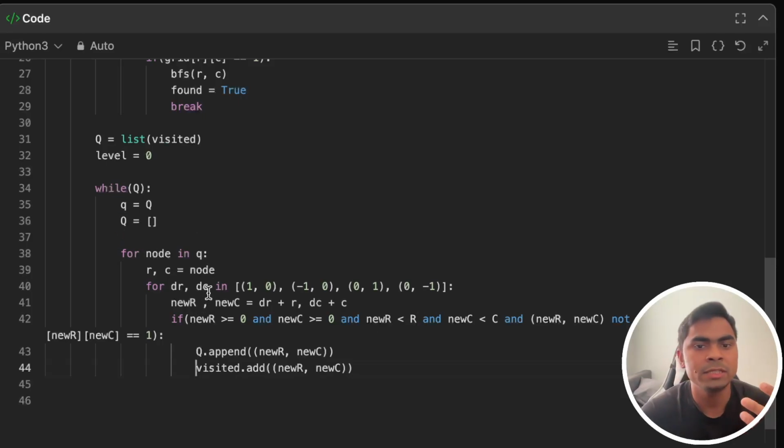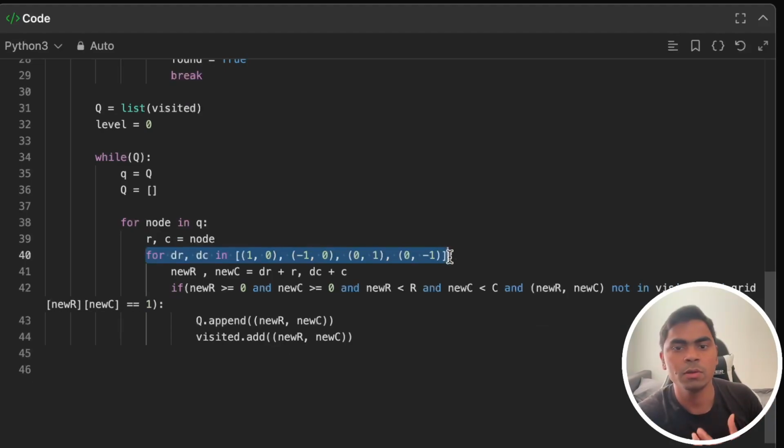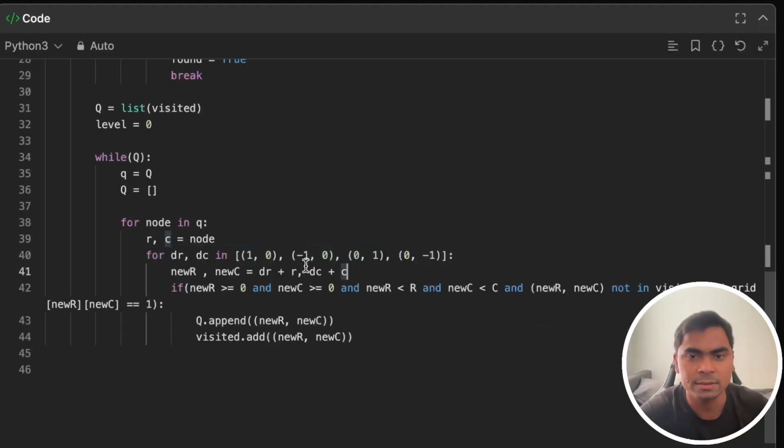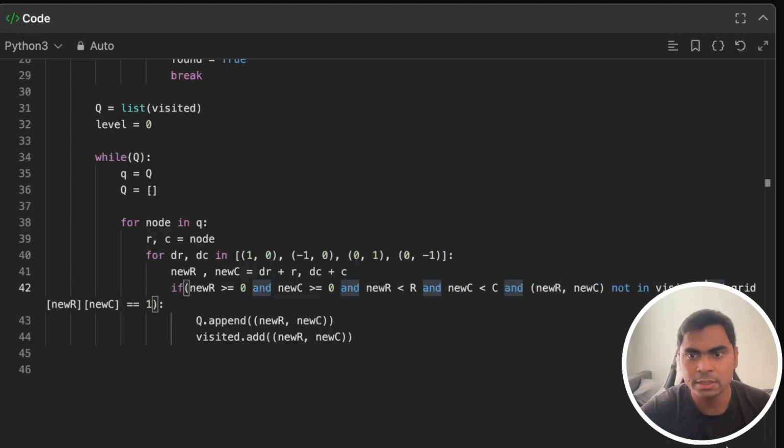In this one, what I'm trying to do is I will have the addresses of my current node, and then I'm going to start exploring all the directions, find the new cell addresses, and if it is in my range, and also it's not in visited already, so what I'll do is I'll have it go like